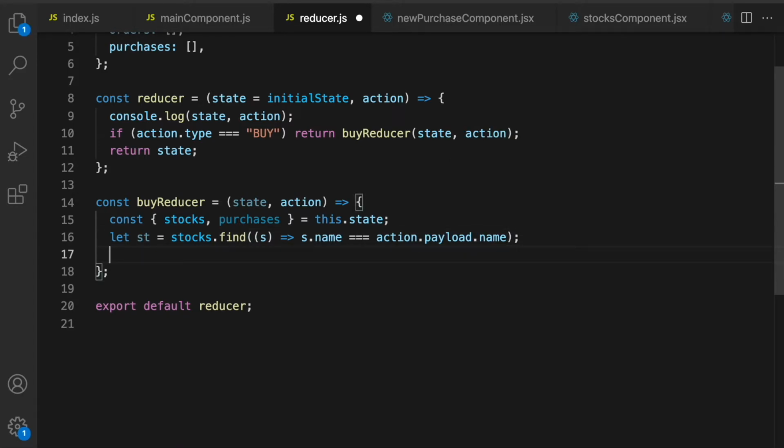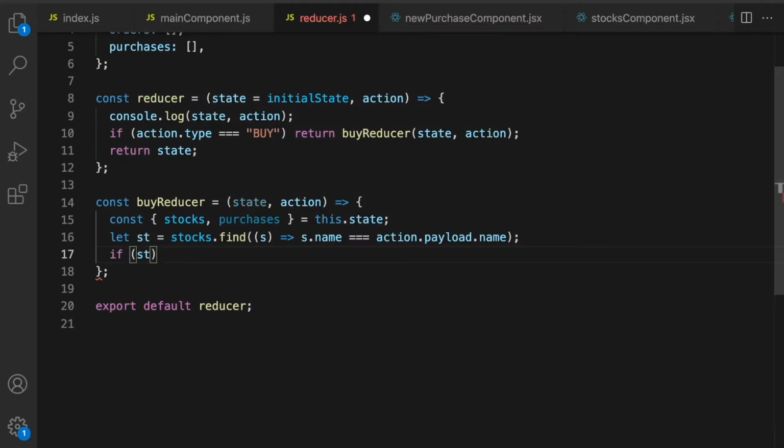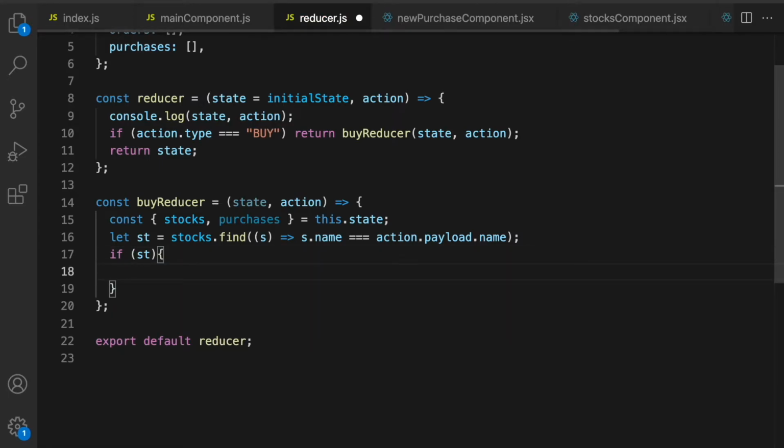So we will find such a stock if st. So if st is truthy, then what do we need to do? We need to update. So how do we update it? We will spread the rest of it. We will use map and then update the JSON. So we can now say stocks dot map